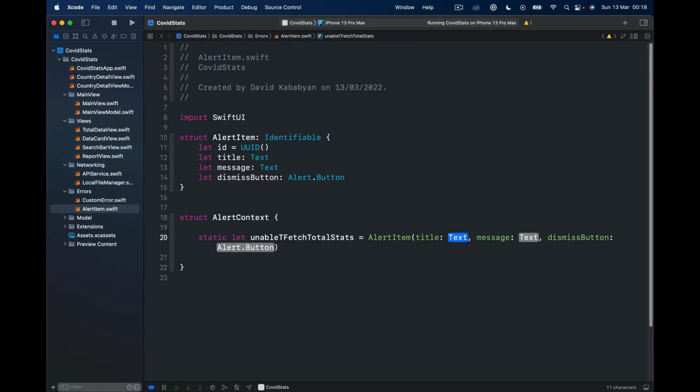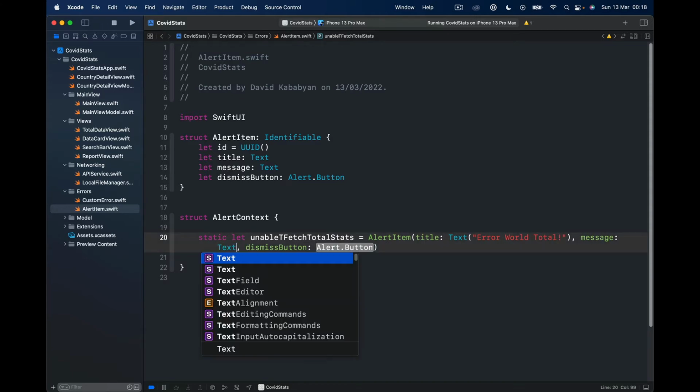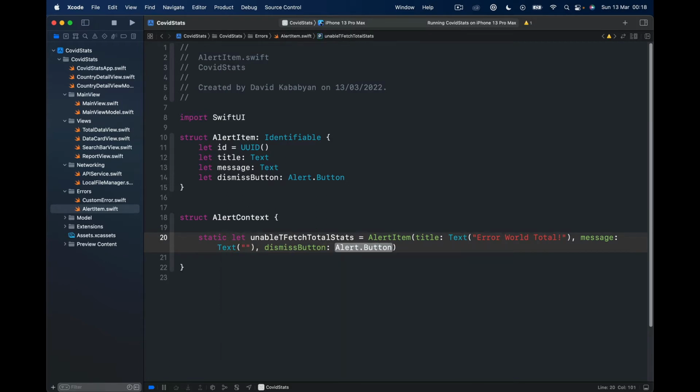Title is going to be text, and we say error world data, world total. Message is going to be text, and let's say server doesn't respond,